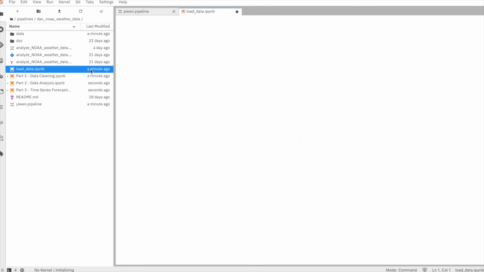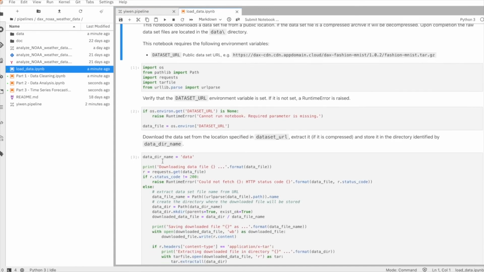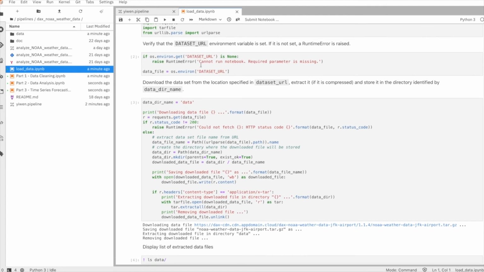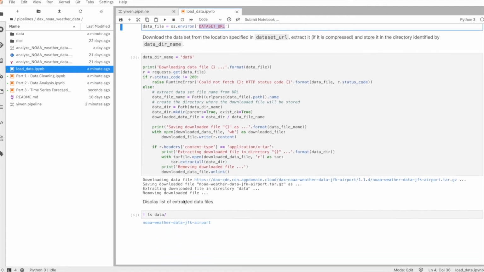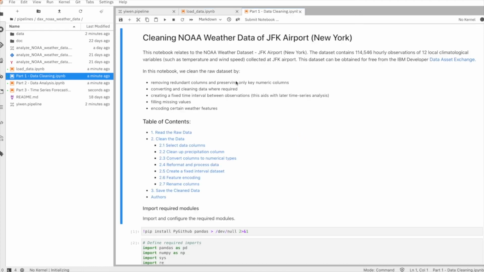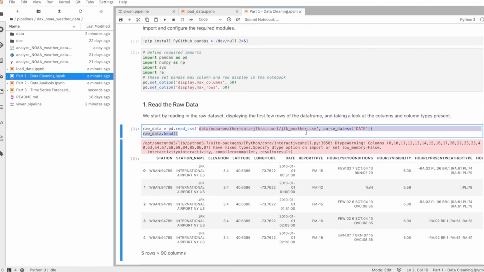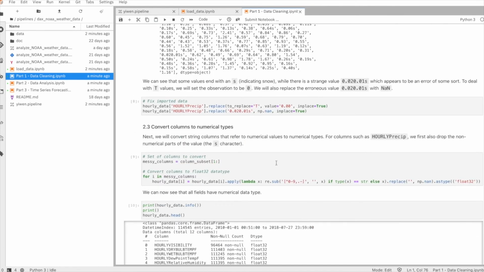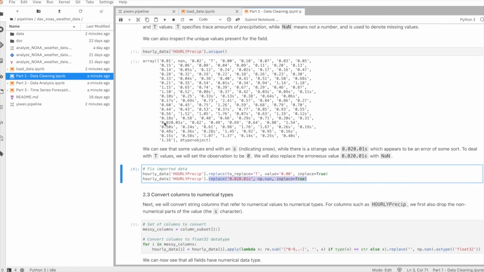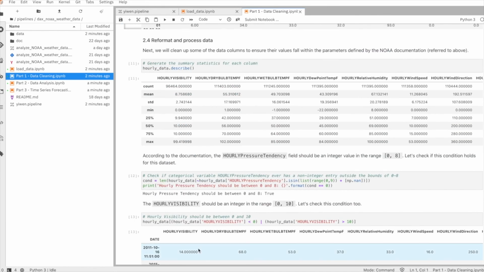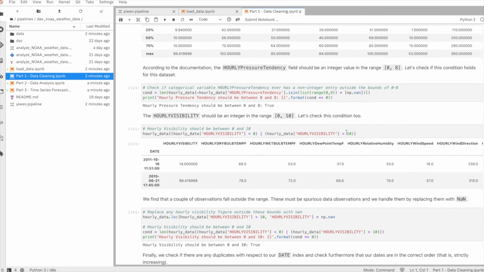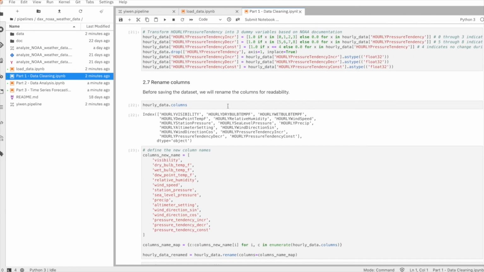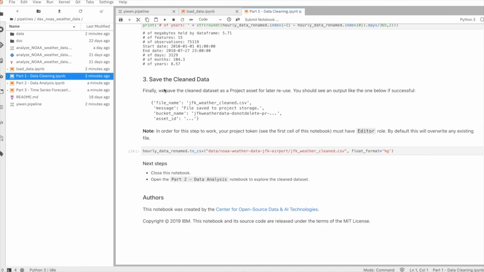Now, let me quickly walk through the content of each notebook. Firstly, the load data notebook downloads and extracts the zip file through the dataset URL link, and saves it as a gfkweather.csv file. The Part 1 notebook loads the dataset downloaded from the previous notebook, replaces the wrong values such as none, t, 0.02, 0.01 second, filters out everything out of the range, converts columns to numerical types, clears out missing values, renames the columns, and then saves the clean dataset as gfkweatherclient.csv